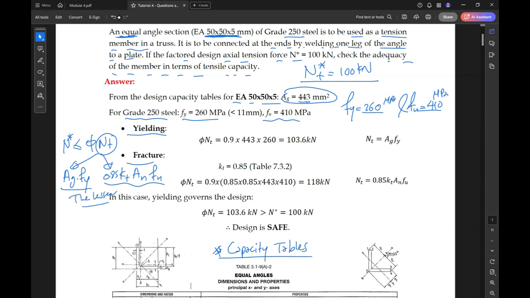So for yielding, phi Nt is phi times Ag times f yield. So phi equal to 0.9, area gross 443, f yield is 260, so the value is 103 kilonewton. For fracture,